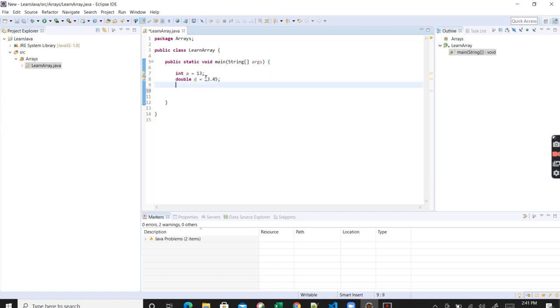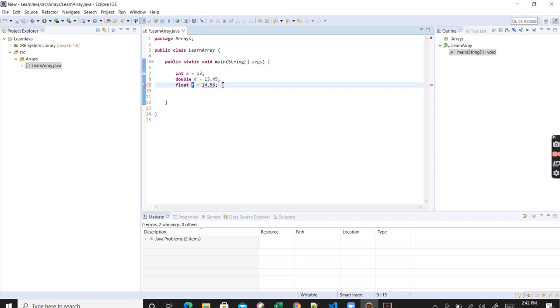Now there is one more data type in Java available for holding decimal values, that is float. Float f is equal to, if I want to store something like 14.56, it will throw me an error. Why? By default, all the decimal values in Java are of double type. When I was doing this, it was not throwing any error because it is a double value. But this is also a double, and we are storing it in a variable which can only hold float values.